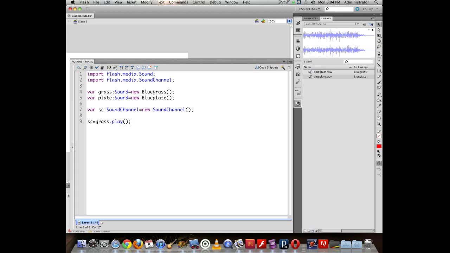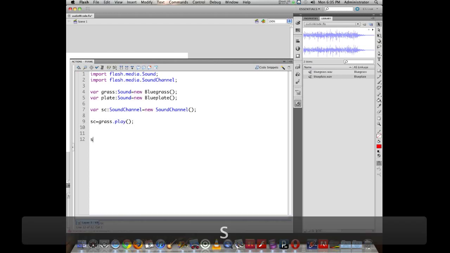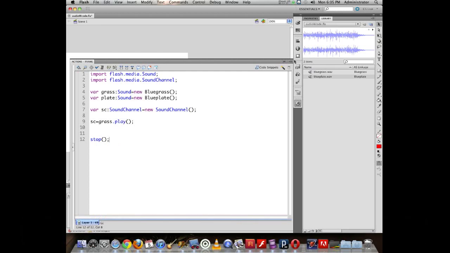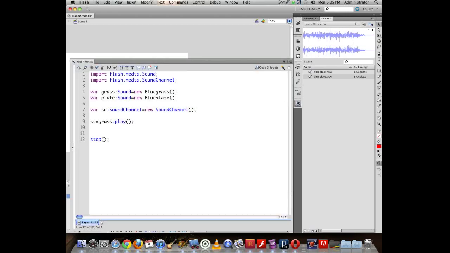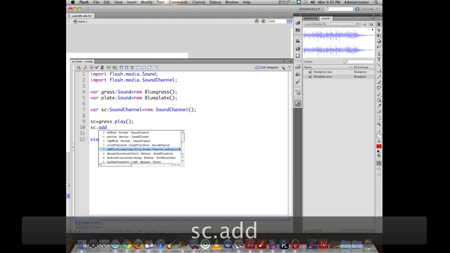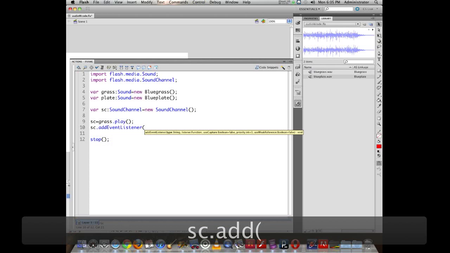Once you tell a sound channel to play, well, then we can actually even tell the sound channel to listen for when it's done. What I'm going to do is add a few lines of code space in here. Then at the very end of this, I'm just going to put in a stop. So I'm actually going to tell my movie here to stop at frame number 49. For that matter, I could even go back to frame 1 and get rid of everything, or I could put it, it doesn't even really matter what frame number I am anymore. But I can now, through the magic of code, I can say sound channel dot add event listener, and now I can say